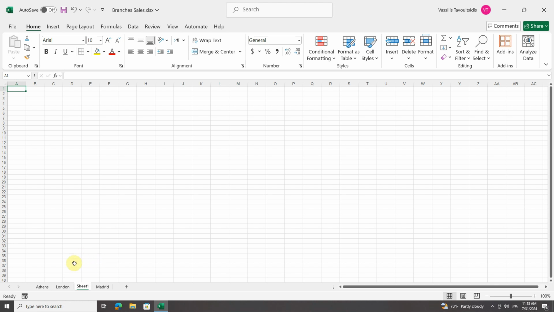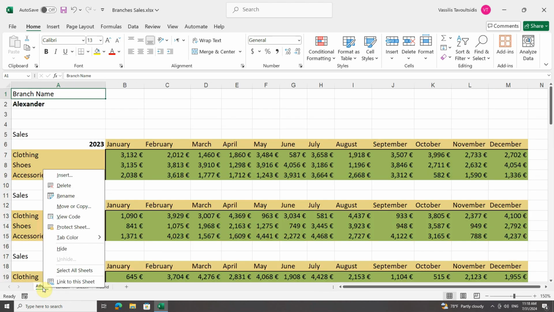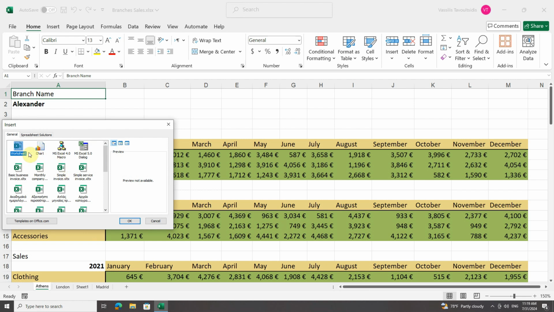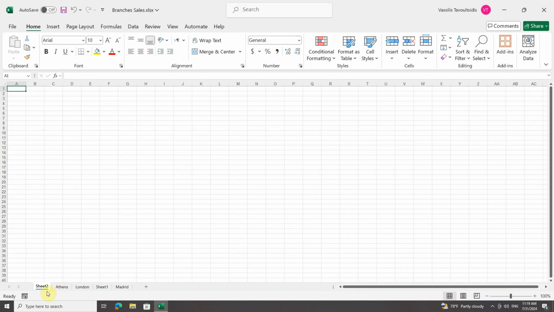Another way to do this thing is by right-clicking on a worksheet. Let's say I want to create a new worksheet to the left of the Athens worksheet. So I will right-click on the Athens worksheet and I will select Insert. Using this method, I can also choose whether the new worksheet will be based on a template. There are templates for worksheets, not just workbooks, but this is beyond the scope of this basic level of lesson. So for now, I will just click OK here,